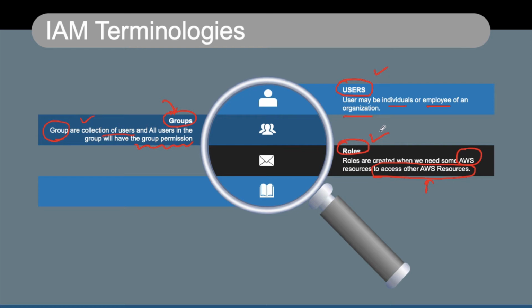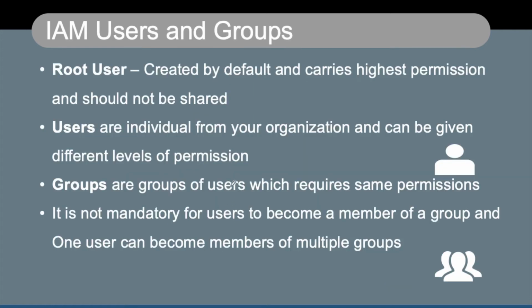So to give them some access to the resources, we also need to create something called a policy, and these policies are typically JSON documents which are assigned to either users, groups, or roles. We can have multiple policies given to the users, groups and roles, and all those policies are typically JSON documents which define what permissions you have to access those resources.